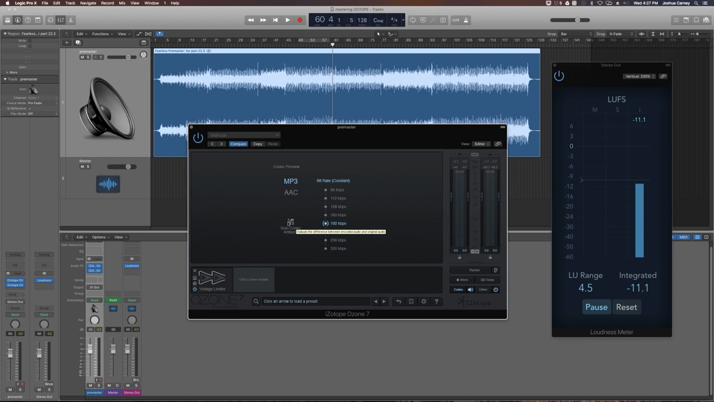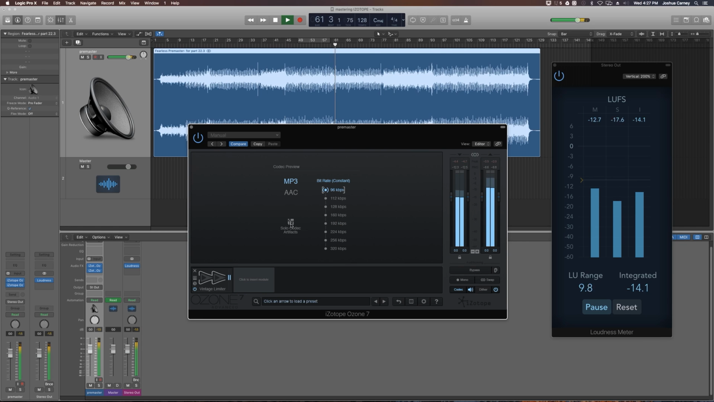And if you want to hear all the artifacts produced from each of those compression bit rates, you can click here and it'll just play the artifacts. So if I want to hear what the song is going to sound like as a super low quality 96K MP3,